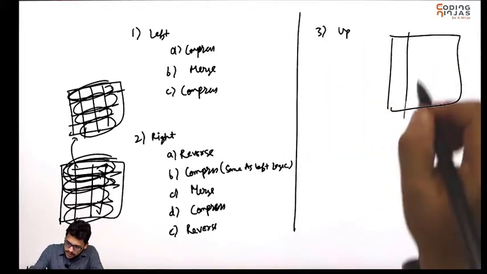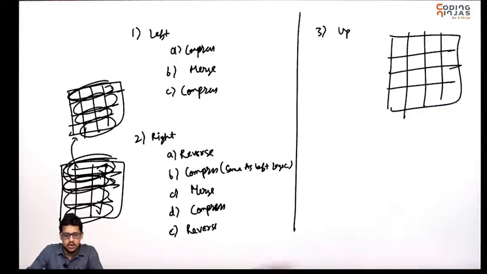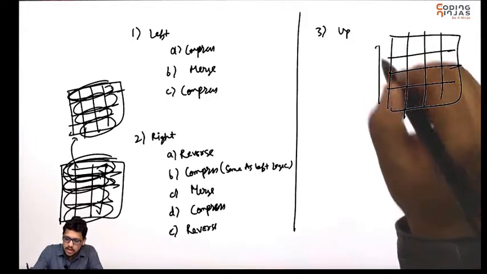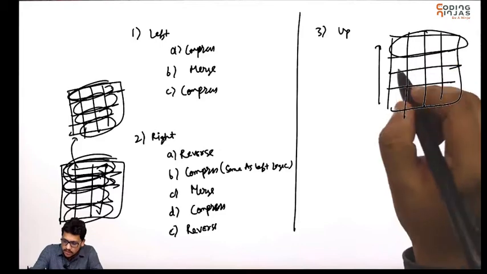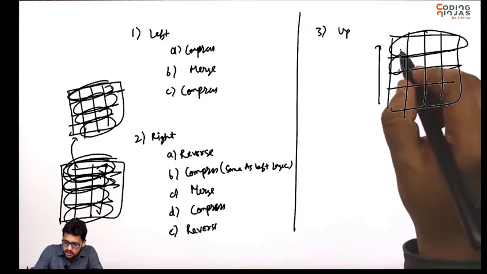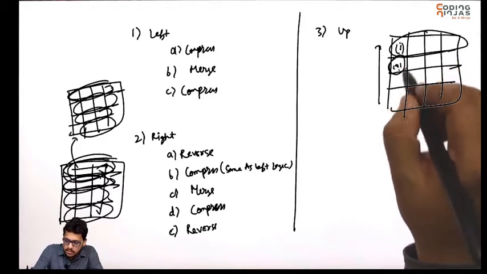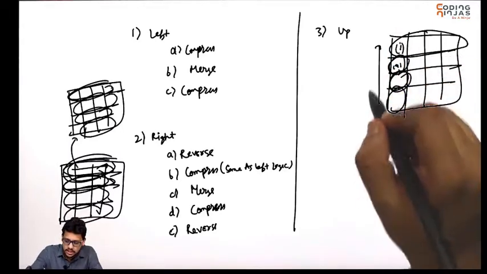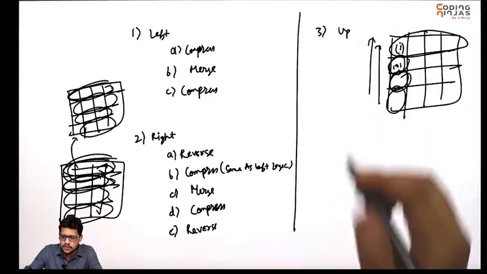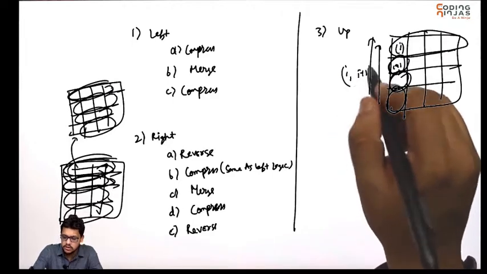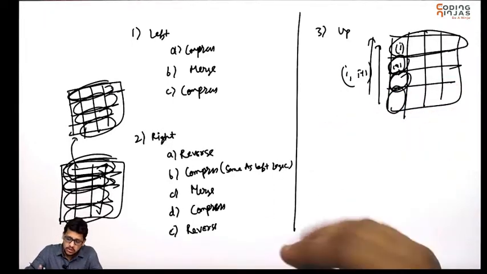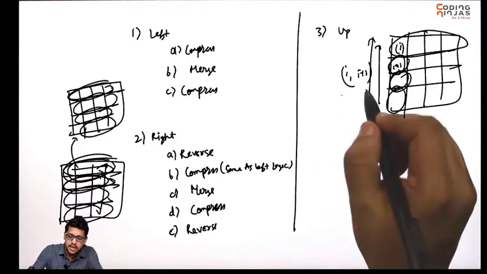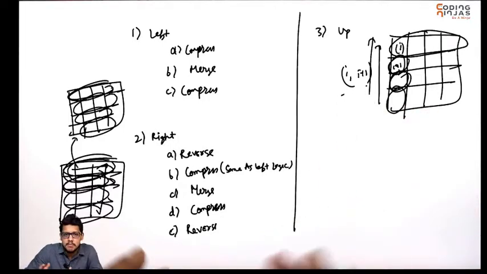In case of up movement, one way is, you will be making a move like this. This will remain the same. This will be compared with this. Ith will be compared with ith plus 1. This will be compared with this. This will be compared with this. So you will be moving in this direction. Either you can make a logic for ith and ith plus 1. For every column, you will make changes in the row, by comparing ith and ith plus 1, and again apply compress, merge and compress according to i plus 1.